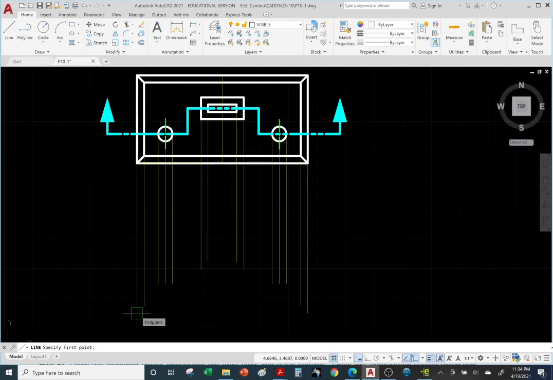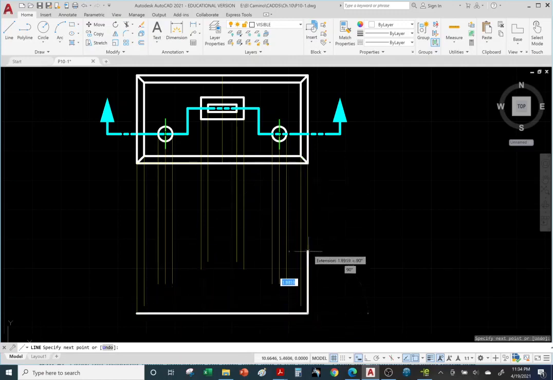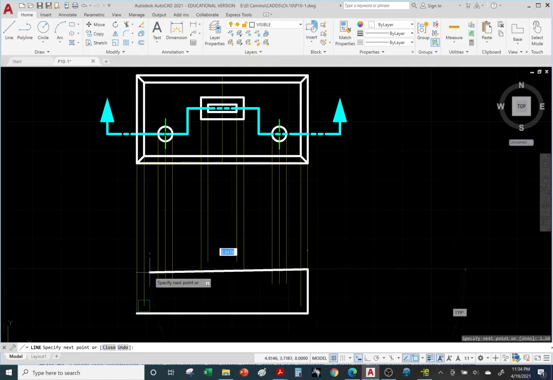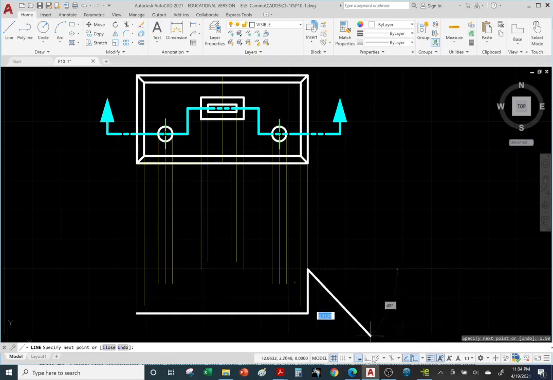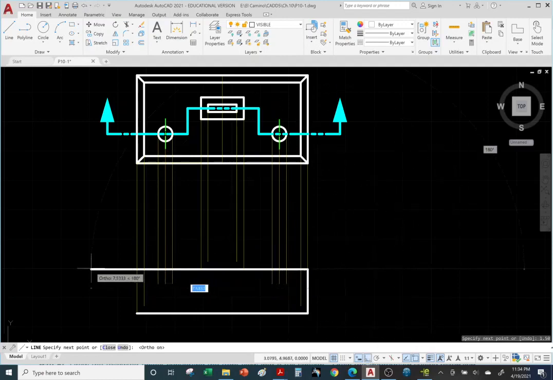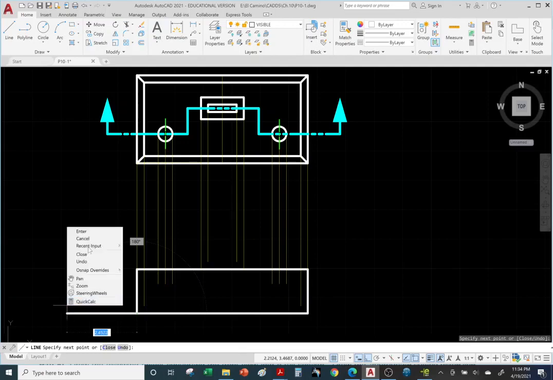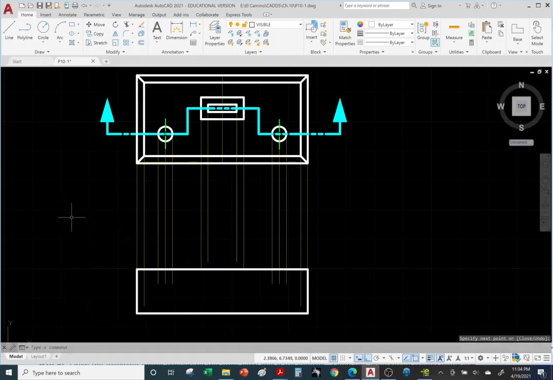Okay, so I'll start at this endpoint, click, and I'll just go all the way across, right? We want to line up with this corner. Click, and I'm going to go up 1.50, enter, and go across. Oh, I should have turned on ortho. My lines look horizontal and vertical, so it looks good. Okay, type in 6, enter, and close it off. And right click enter to exit. Okay, so there's our